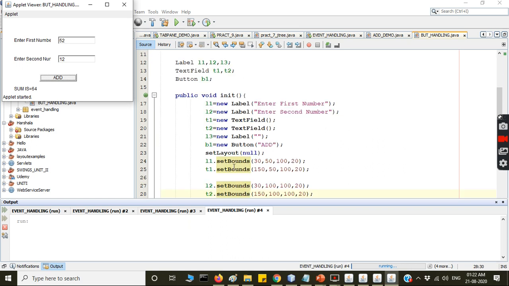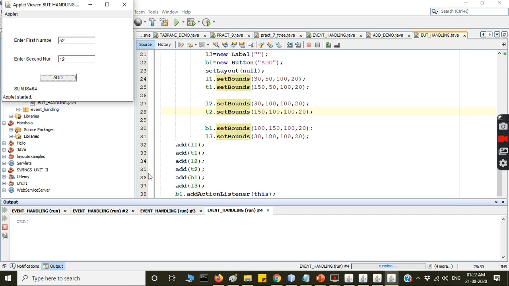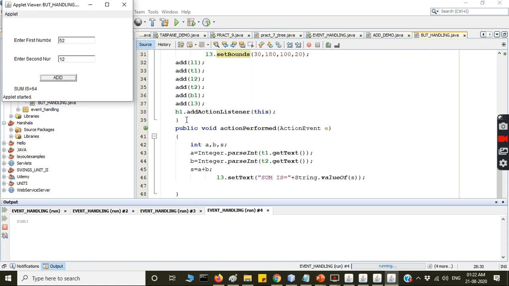So for that we take the previous program only and add all the controls. So what is the object name of this button? B1. By clicking on this button, the answer should be displayed. So where to add the listeners? To this button I have to add the listener. So the syntax is object dot add type listener. Here B1 is a button, for it we are using this ActionListener. So B1 dot addActionListener.